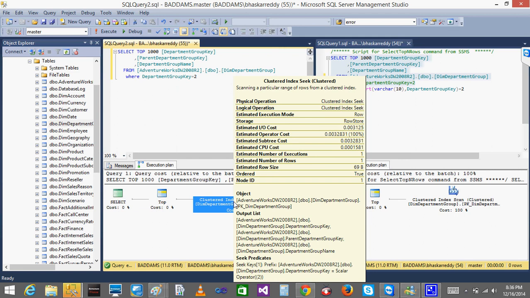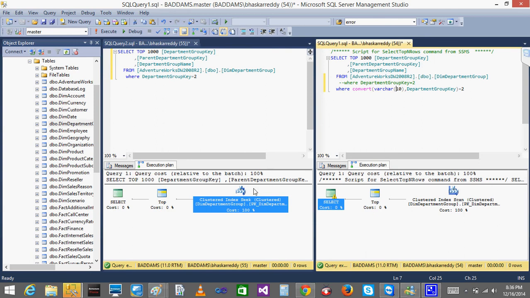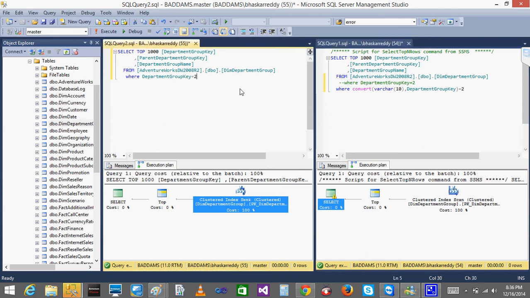Here you see estimated CPU cost 1581. Where is 16 and where is 15? 15 is less, right, when compared to 16. Okay, all these things you can see. That's the important thing. So whenever you have a couple of queries, okay, let's